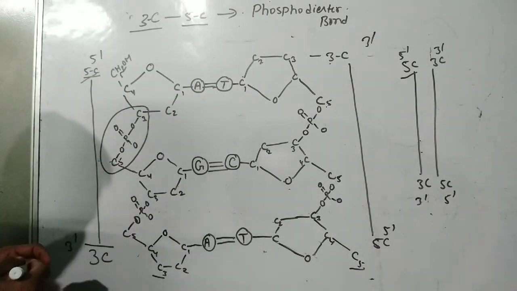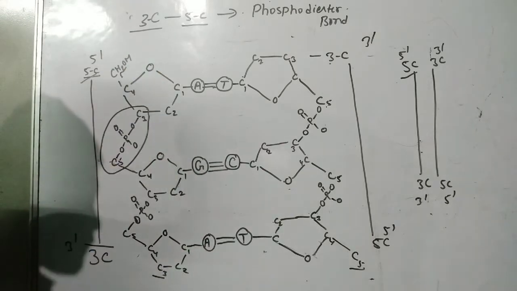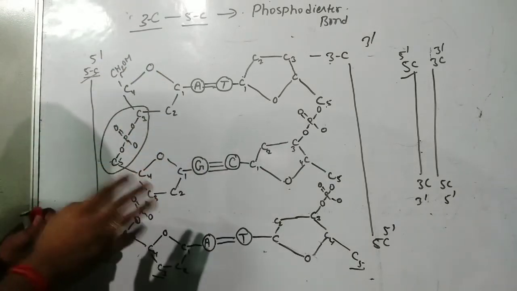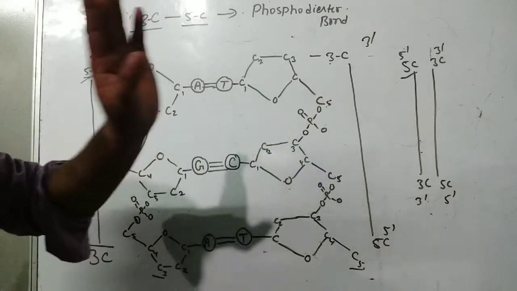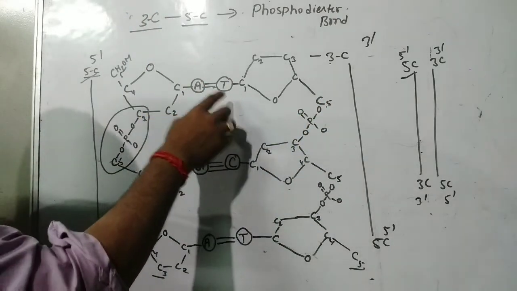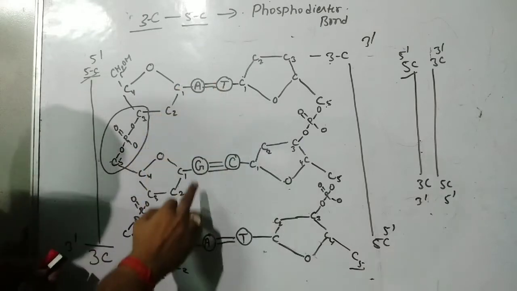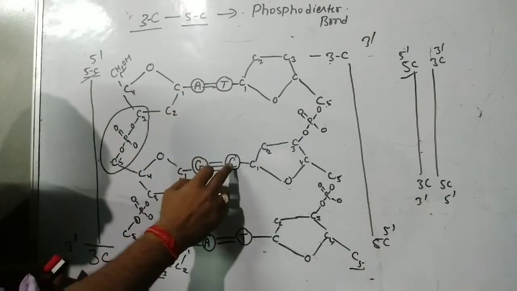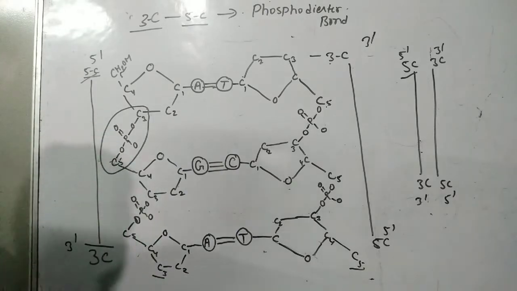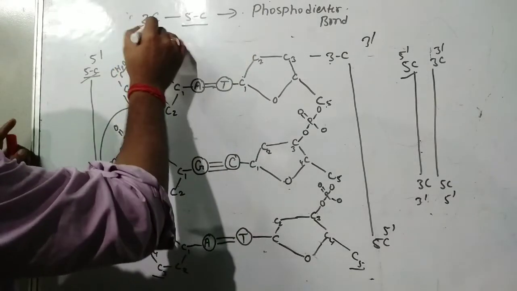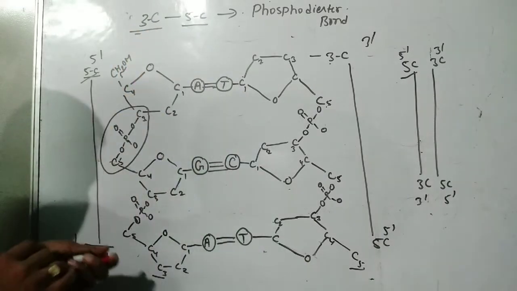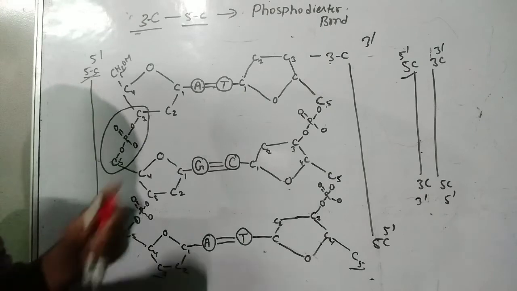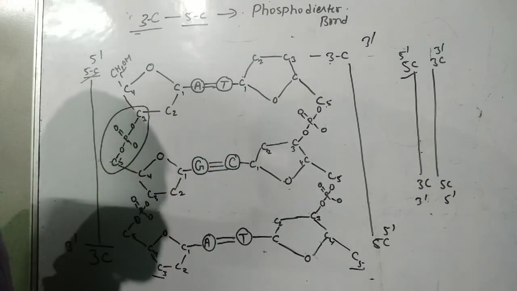Let us see all the three bonds we have studied right now. Hopefully the structure is clear to you. Remember it. It is very easy. Just you have to think about this oxygen atom with carbon and carbon third. Then hydrogen bond, double bond with A and T, and triple bond in between guanine and cytosine. So three bonds we have studied right now. One is phosphodiester bond between third carbon and fifth carbon. The second one is, let us see, first I will rub and I will write all the three bonds. You must note it. Let us see.